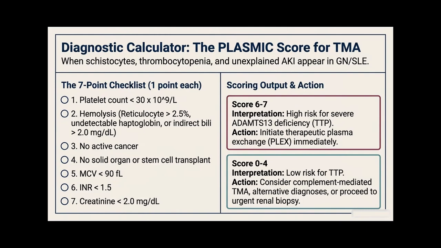No solid organ or stem cell transplant. MCV less than 90. International normalized ratio less than 1.5. Creatinine less than 2.0. If you have these things, the score is between 6 and 7. High risk for severe disease, and then you have to initiate treatment, therapeutic plasma exchange or PLEX. Plasma exchange transfusion. Whereas if the score is 4 or less, low risk for thrombotic thrombocytopenic purpura, and consider complement-mediated TMA and then alternative diagnosis and proceed to